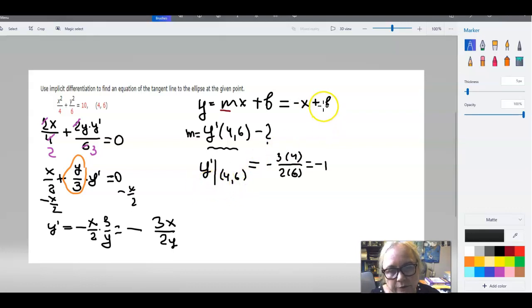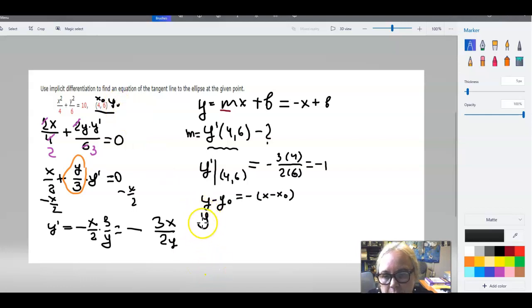So to find the y-intercept b, we will use the point-slope form of the equation of a line. y minus y sub 0 equals the slope, in our case negative 1, multiplied by x minus x sub 0. What are these x sub 0 and y sub 0? These are the coordinates of the point: 4 is your x sub 0, and 6 is y sub 0. So let's plug in those. y minus 6